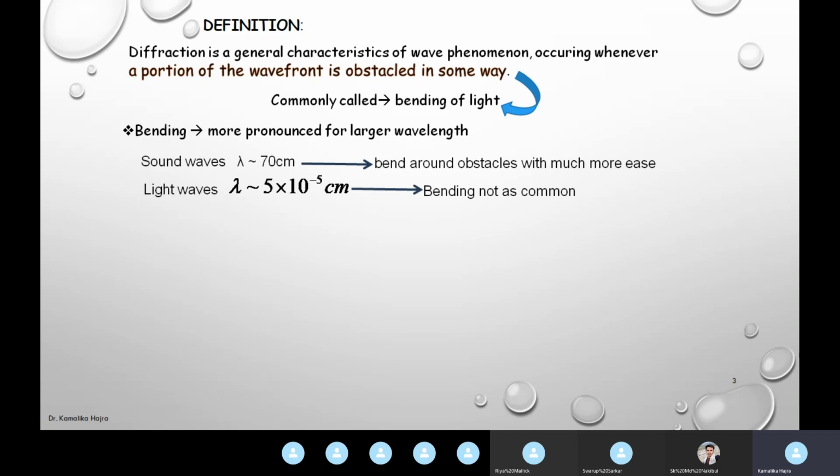Here I'll ask you to imagine an example. Suppose you have a tall pole on which there is a source of light and a loudspeaker attached. In front of that pole there is some kind of obstacle, a tree or something, and you are standing on the other side of the tree. Obviously you won't be able to see the light, but if the loudspeaker is on, then you will be able to hear the sound. It's very common.